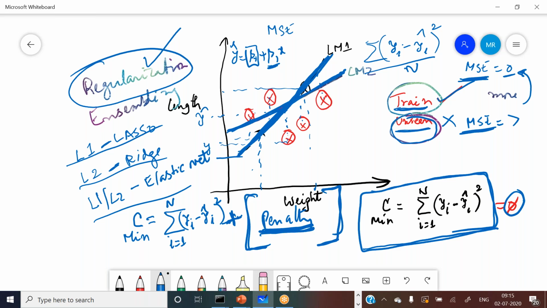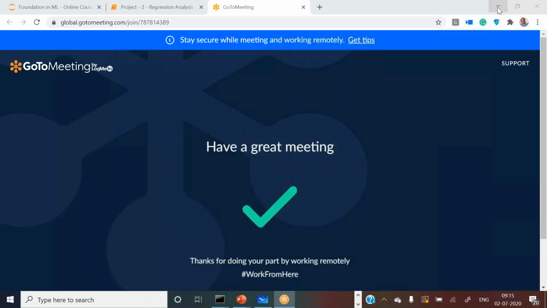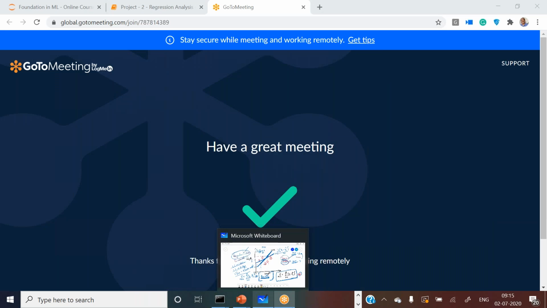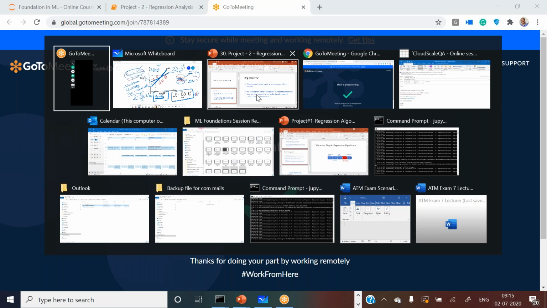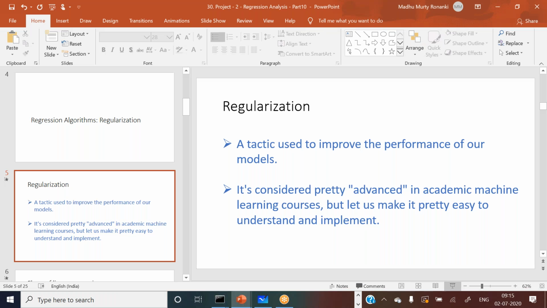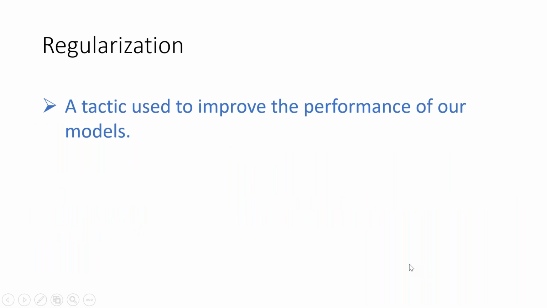Yeah, okay, fine. So on this only I will elaborate now. We will not go into a lot of maths, but we will try to explain whatever is possible. Regularization is a tactic used to improve the performance of our models. Simple linear regression models have a problem: they are too simple.